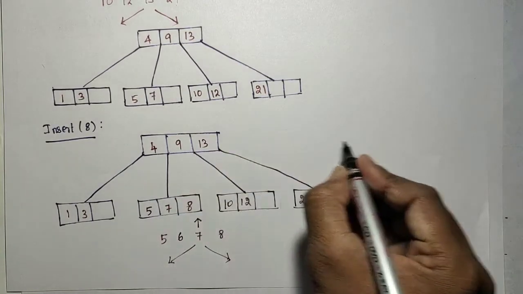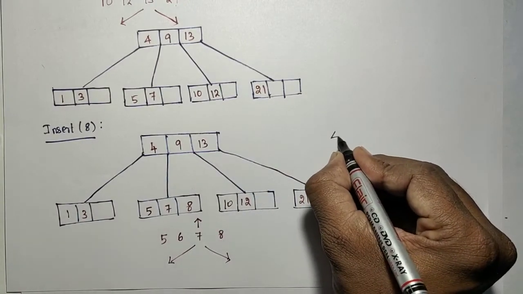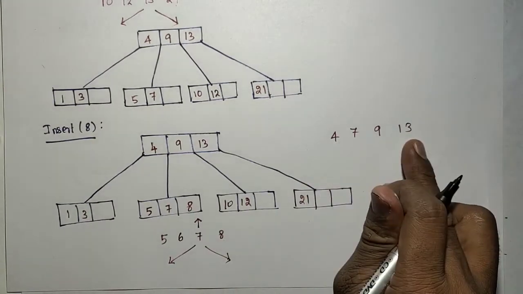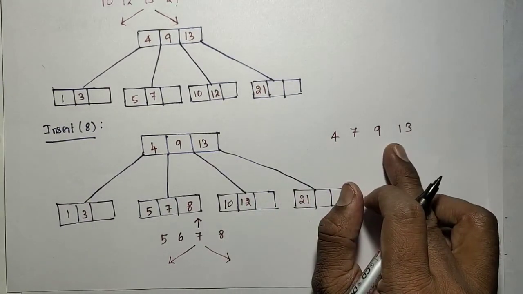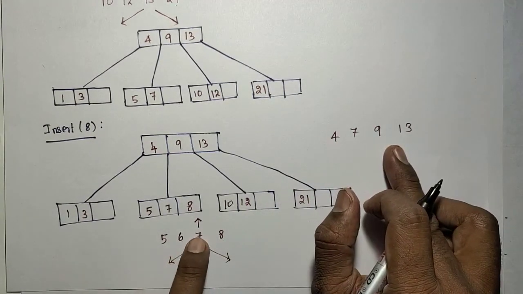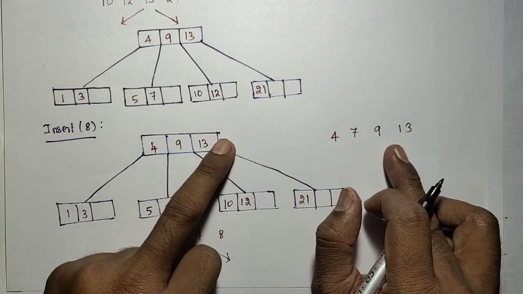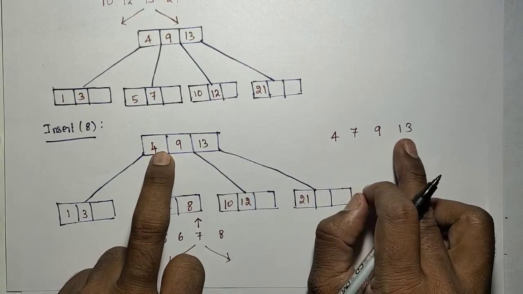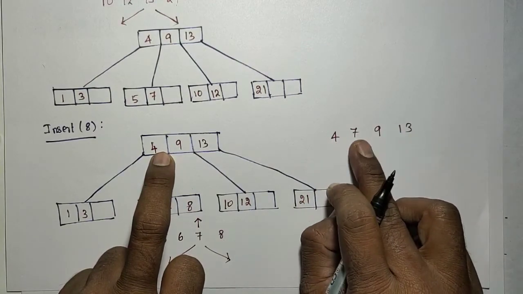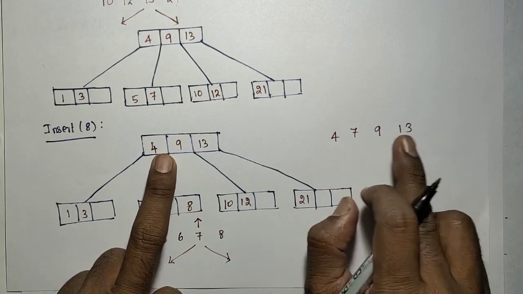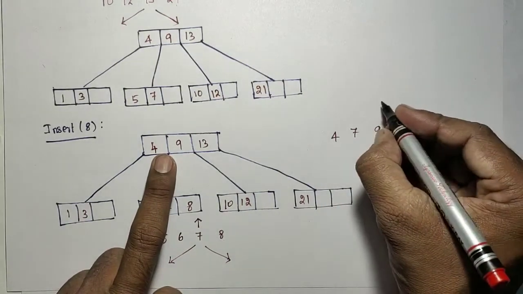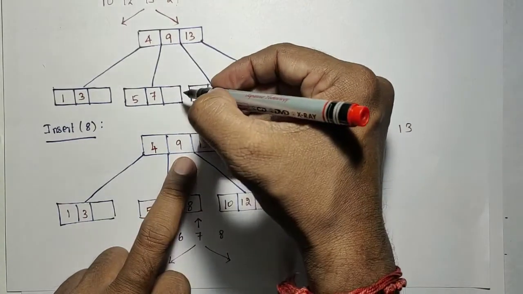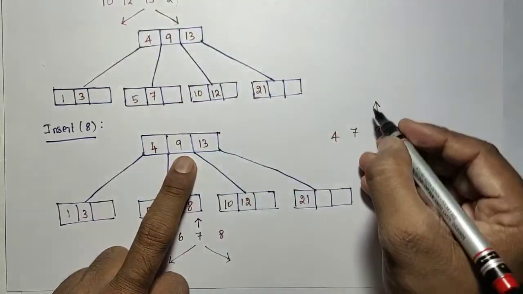So this also is going to be split like that, it is 4, 7, 9 and 13. So we need to write like this, that is the 7 is moved to the previous level. In the previous level node, the parent node, there is no space, so we are going to split that level also. So 4, 7, 9, 13. Here the middle element is 9. So that is going to be moved to the previous level. In the previous level there is no more level. No more level means that will become the root.